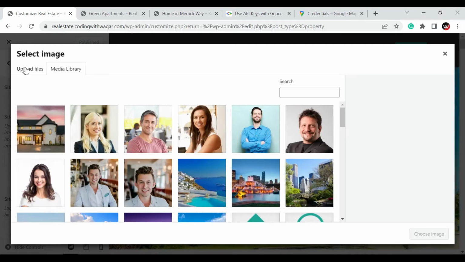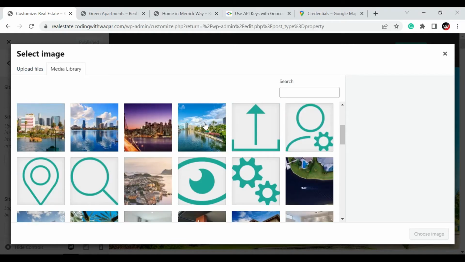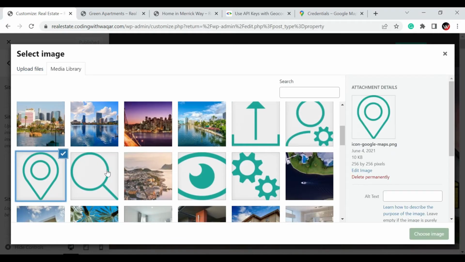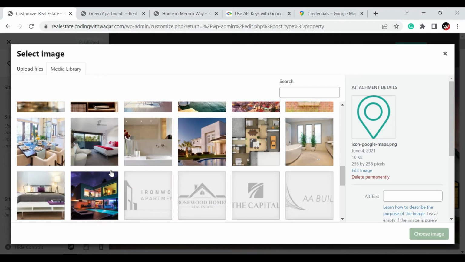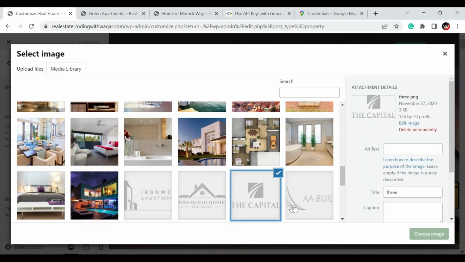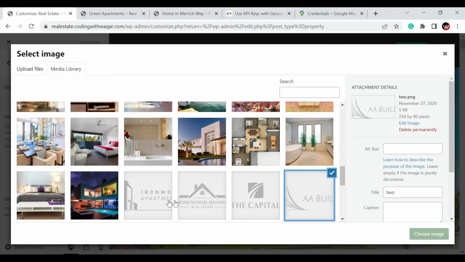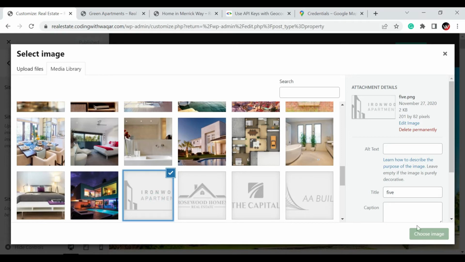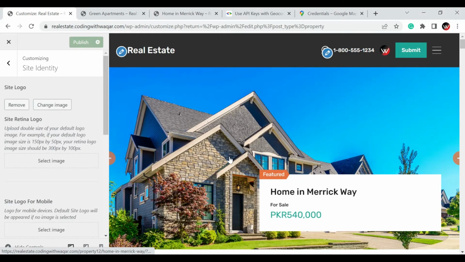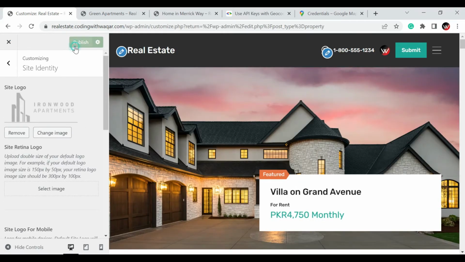You can upload your own logo and you can find it from the media library as well. Let's try this image, then click publish,